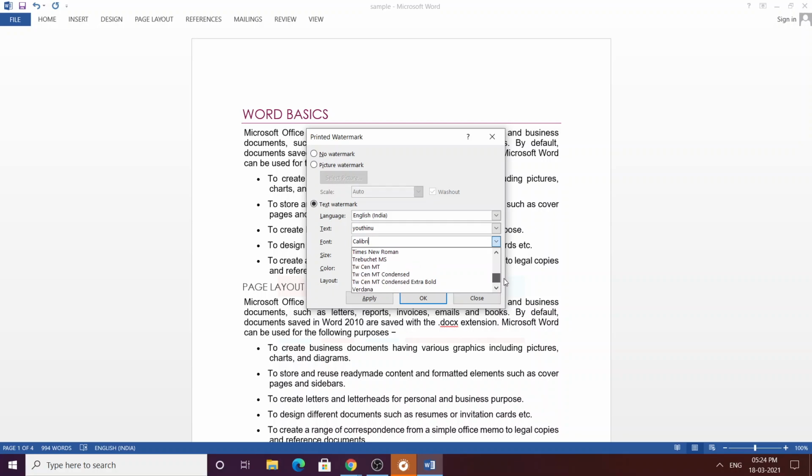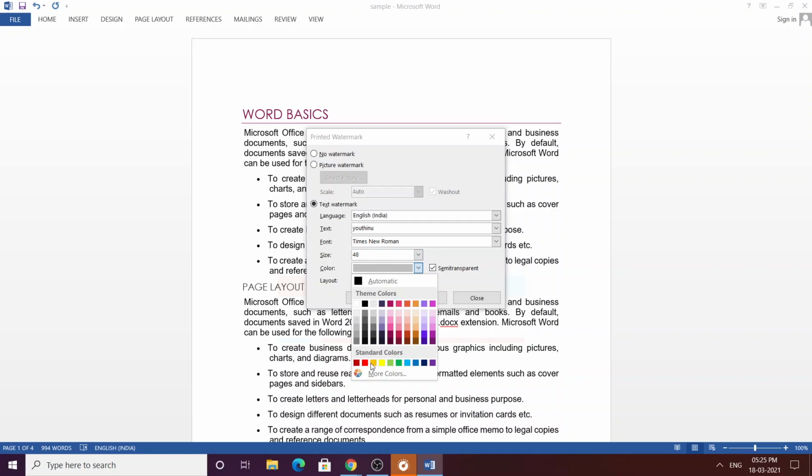So I'll select Times New Roman. And in size, I'm selecting 48. And in color, I'll give red. And if you want your layout to be diagonal or horizontal, you can select from this. So click on this, and it will be applied in our document.